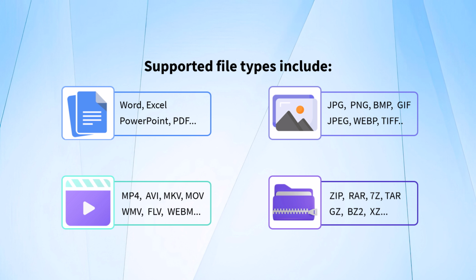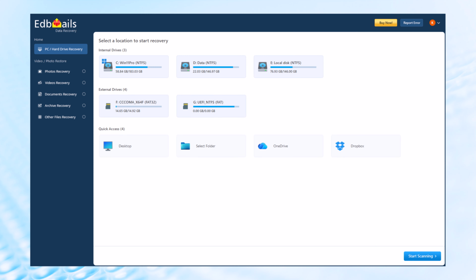Images such as JPG, PNG, BMP, and GIF. Videos including MP4, AVI, MKV, and MOV, as well as compressed files like zip, RAR, and 7Z, plus many other common Windows file formats. EdbMails automatically detects all connected storage devices, allowing you to select the drive and start recovery